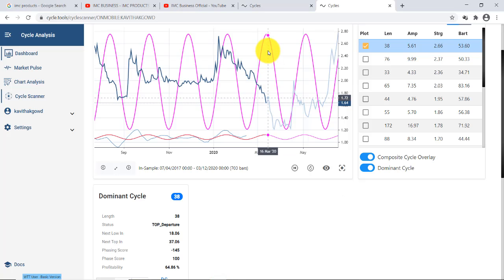That is, we can consider this, because see, when we apply the short term cycle, then at this price value it is showing the top departure only. So this is the short term cycle, and the bottom is the dynamic cycle, that is the combination of both long term and short term cycle. So here the value should be 100 plus 100 or 90 plus 90, 180, but whereas it is showing minus